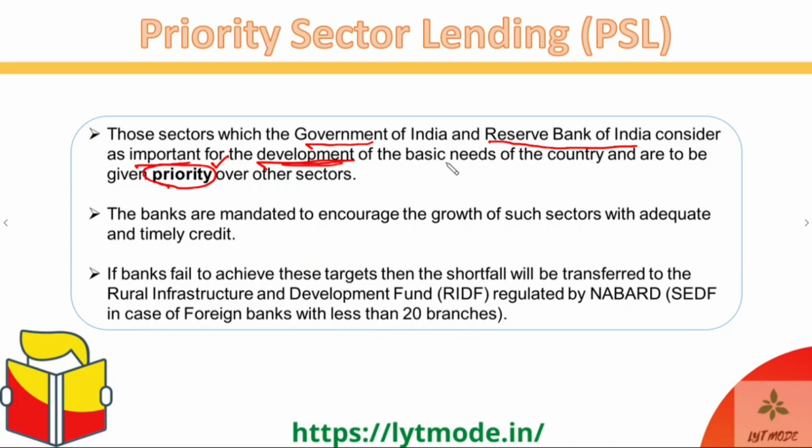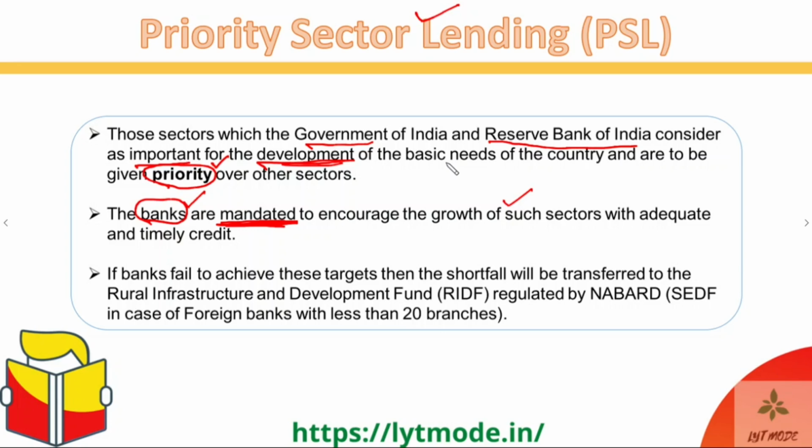So when a sector is characterized as a priority sector, then banks, which are basically the primary lenders in the country, and lending is something that refers to the credit or the loans that are given out, so banks are the primary agents for lending, and when some sector is characterized as a priority sector, banks are mandated to give more loans, or fixed amounts or fixed percentages of loans, to such sectors for their growth, right? For example, banks have to give 18% of all of their loans to the agriculture sector.